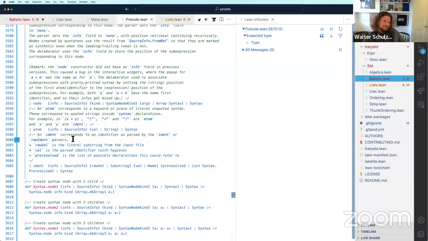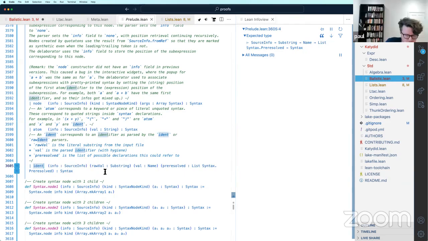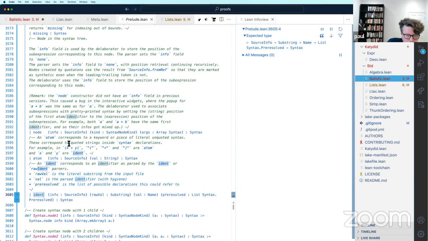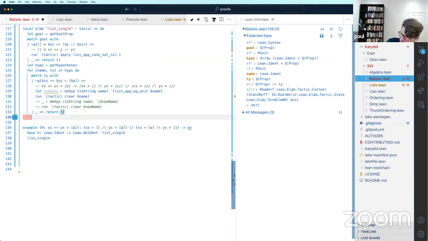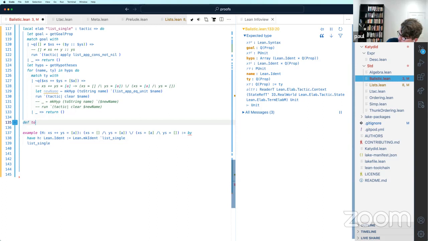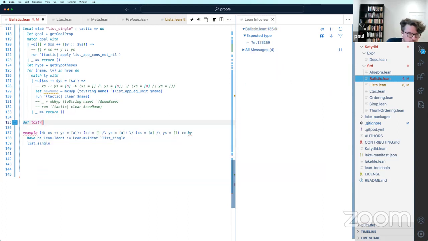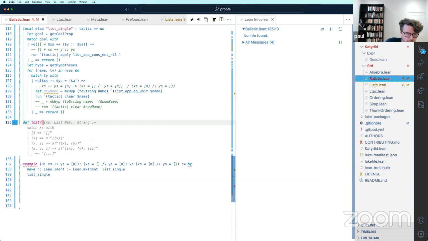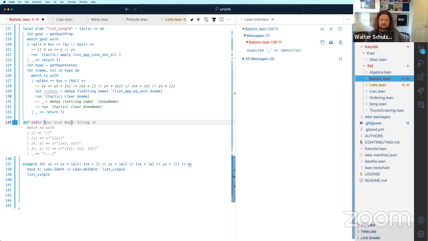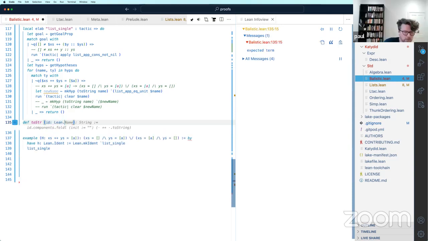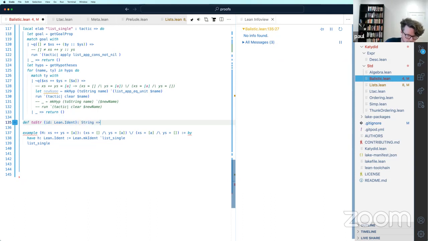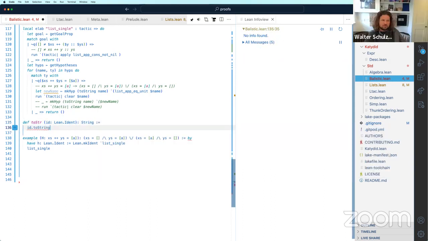There's no projection function for the ident constructor. Oh yeah, we know it's an ident, so we can just project. Let's just see if we can write it. I don't know if the constructors get projection functions for free. I was thinking we just try doing it, I suppose. No, this makes sense, yeah.